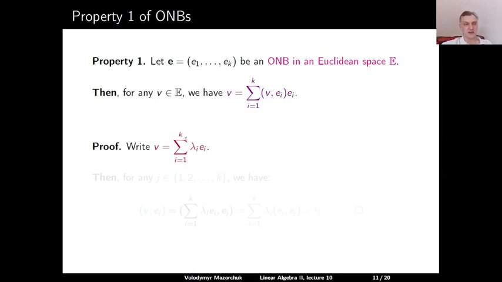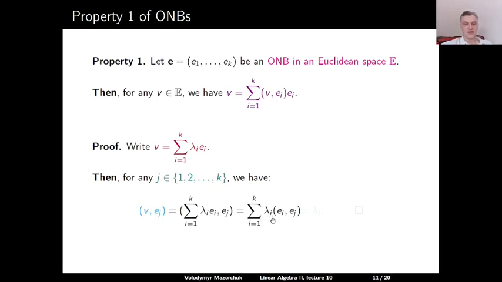So let's write it as a sum over i from 1 to k of lambda_i e_i. Then, for any index j between 1 and k, we can compute the scalar product between v and e_j in the following way. So instead of v, we plug in this linear combination. So we have the scalar product between the sum of lambda_i e_i with e_j. So we use the linearity of the scalar product to rewrite it as a sum over all i from 1